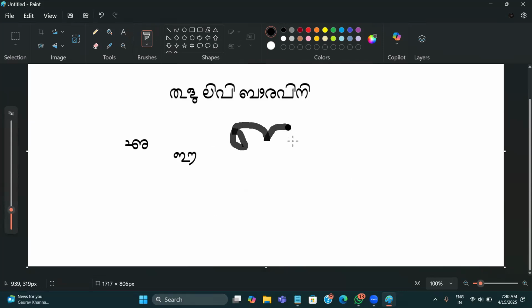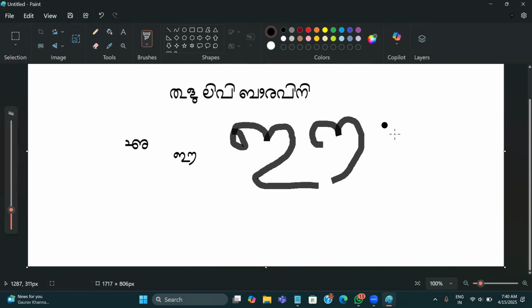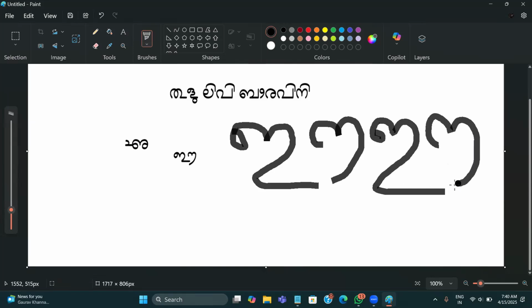Same. Firstly, we have to write E and some curves we have to add beside like this. I will show you again. As this E will be, we will have to write E like this, the curve has to come. And the E has some different types